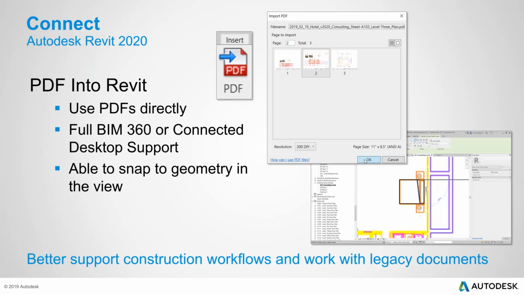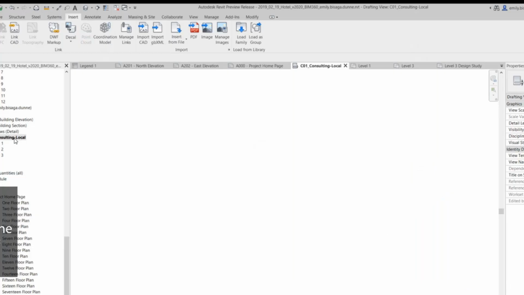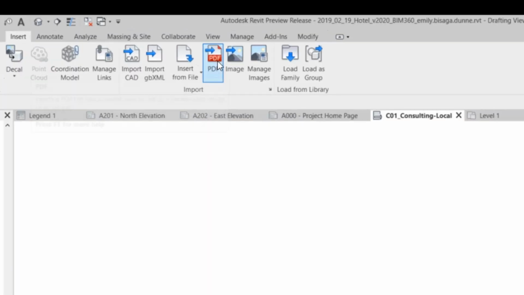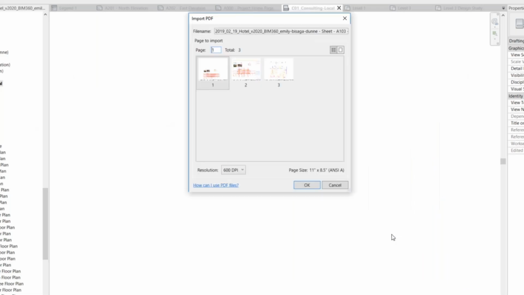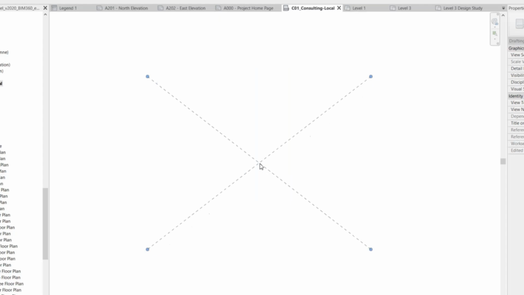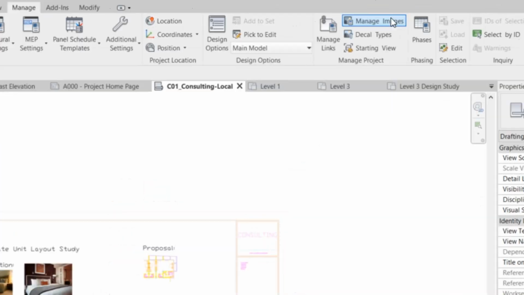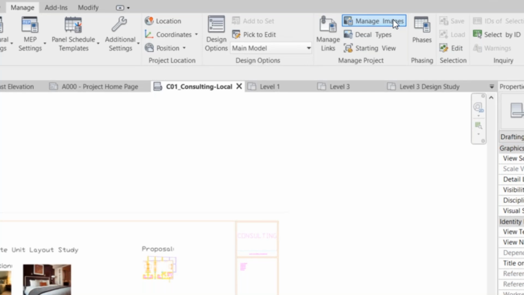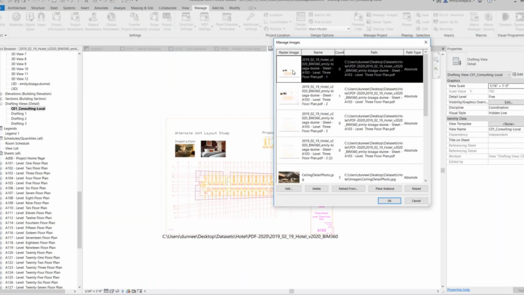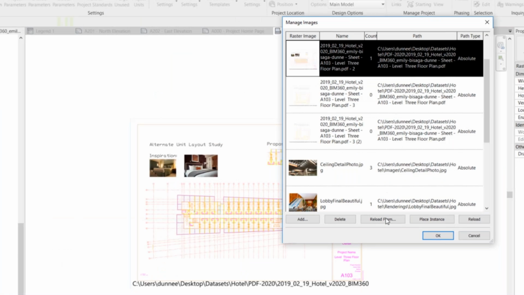So if we have to see, this is a very simplified structure where we have an insert PDF under the insert tab. When you open this file, you get the PDF with all the pages that are included if it's a multi-page PDF, and it is controlled under the manage image tab. So you will see along with your images, PDFs also getting listed under manage image. It has the